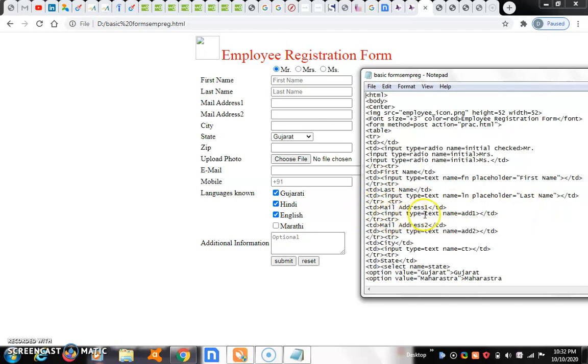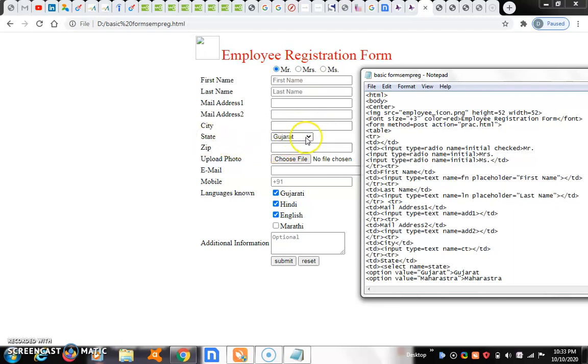Here mail address 1. You can type the mail address: street name, land name and village name, post office name, then taluk name, district name. You can type address 1 and address 2 corresponding to your particular employee registration form. Then for state, options are given, but city is typed.